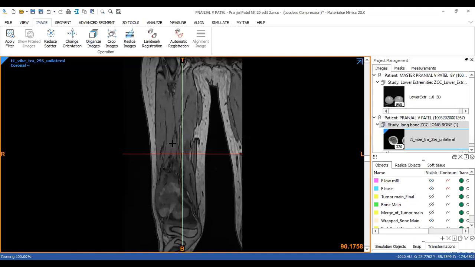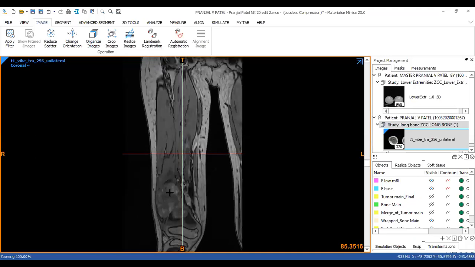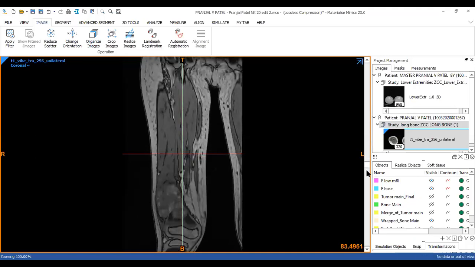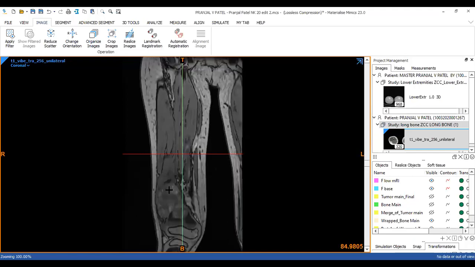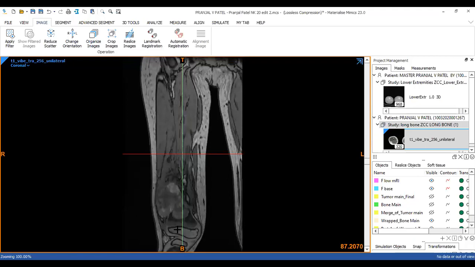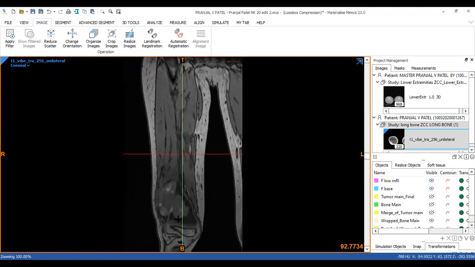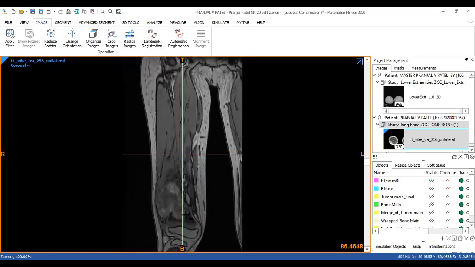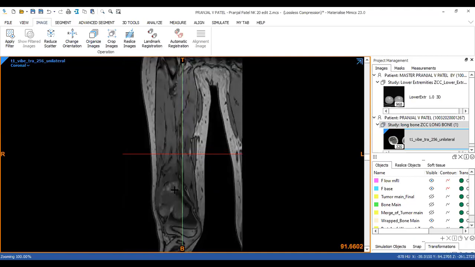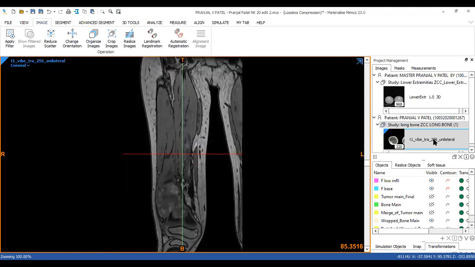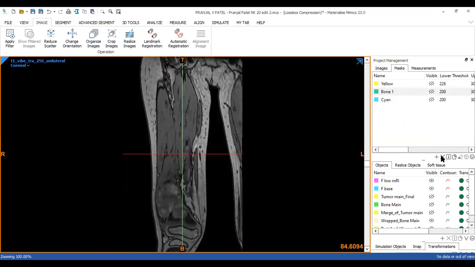Right? So I switched on to the MRI view. Then what I did is I went through the scan. I realized that this is my tumor, soft tissue tumor, and this is my bony part, right? So what you do is then you create a mask for the MRI, right? So when I go and create a mask,